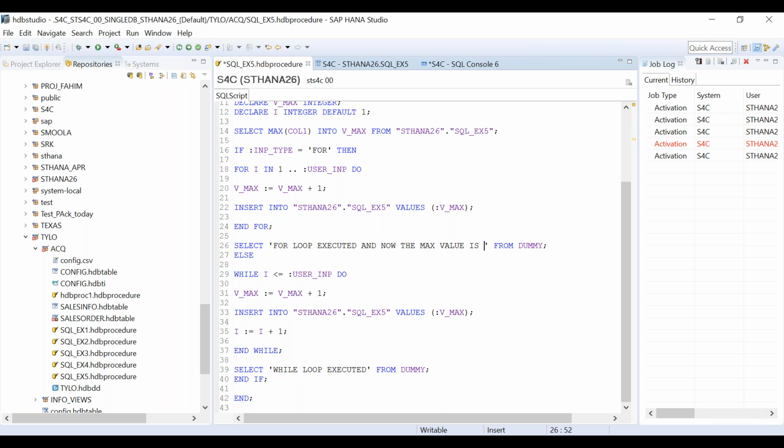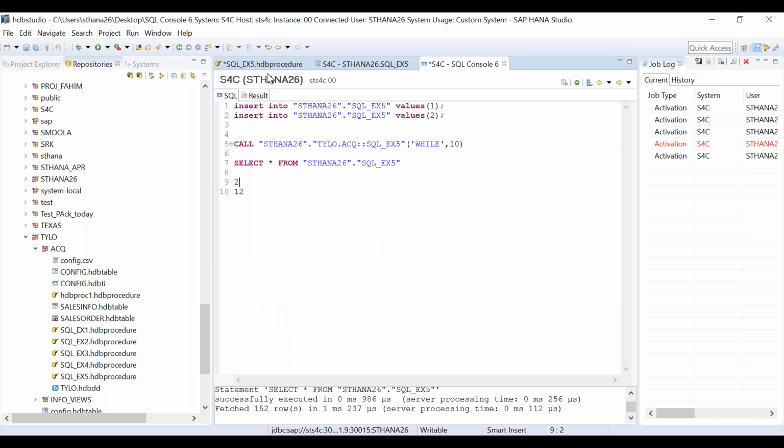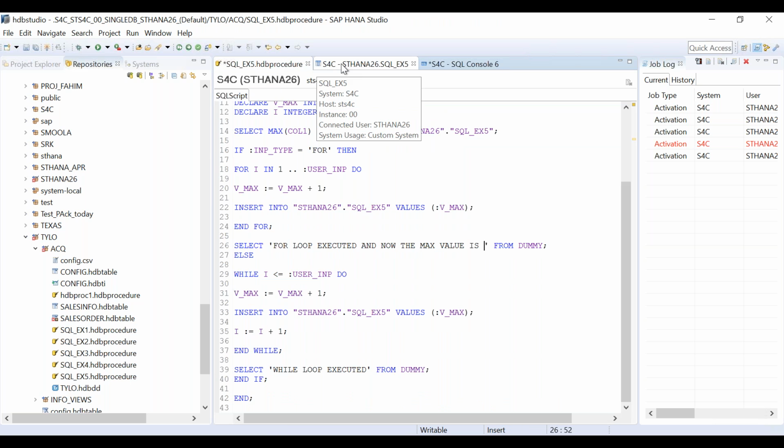For now it is 152, right? So once the user executes this procedure, he will be able to see that while loop executed or for loop executed, but now with this execution, the new maximum value is something else.